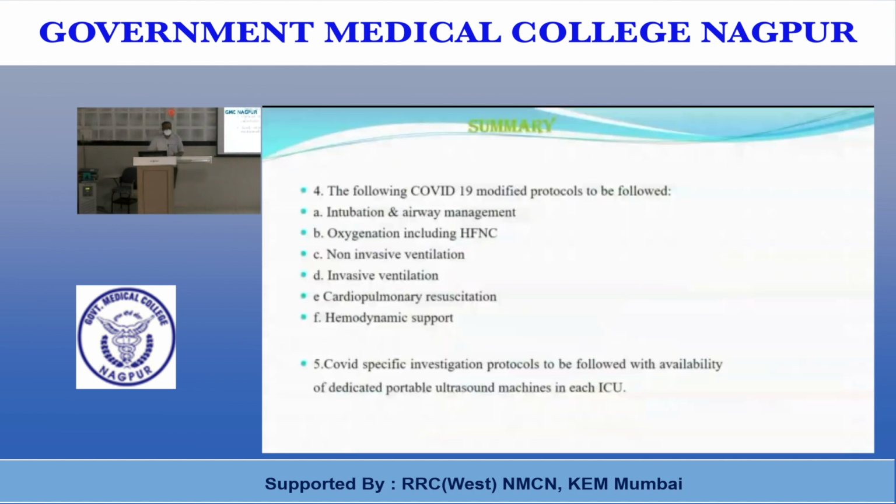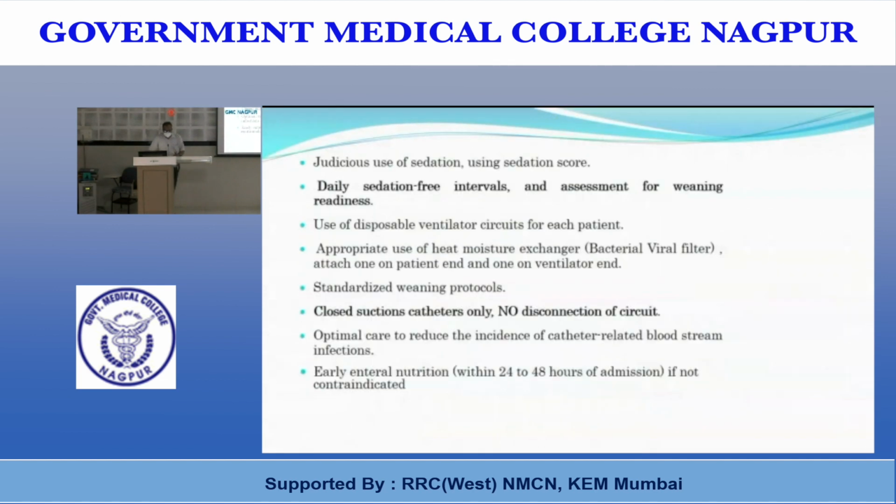So the new guidelines that came this week are: every third day you have to do the cytokine markers, every fifth day you should do the chest X-ray of the patient, and do not delay the mechanical ventilation if PF ratio is less than 150. If PF ratio is less than 100, do not keep the patient on face mask or high flow nasal oxygenation. You have to ventilate the patient and put on the ventilator.